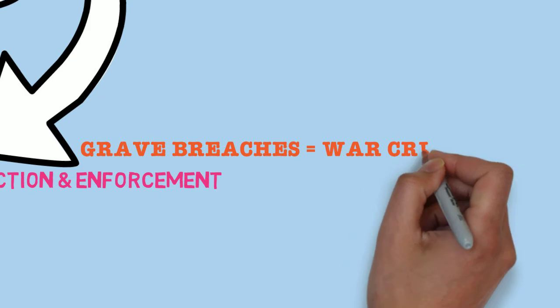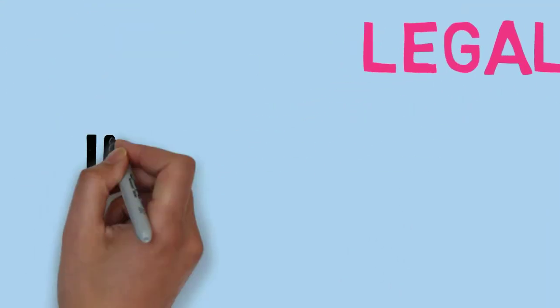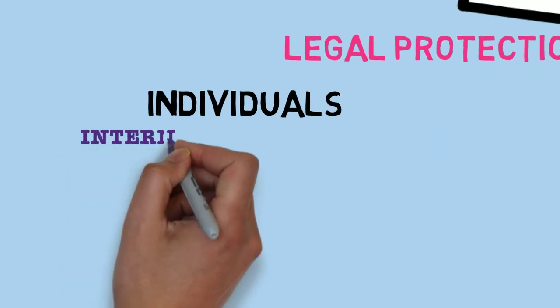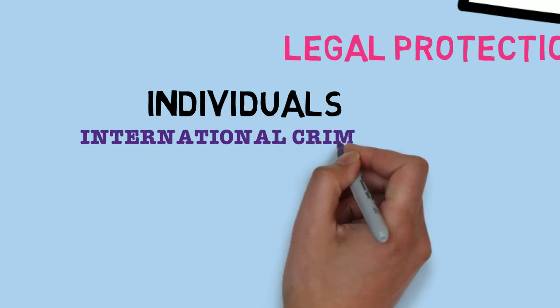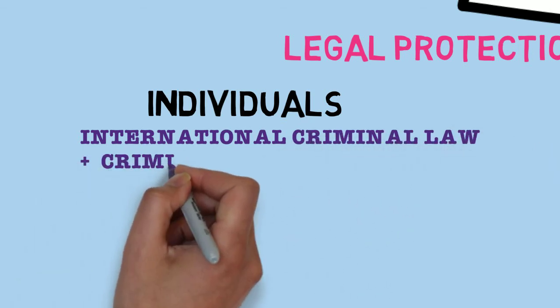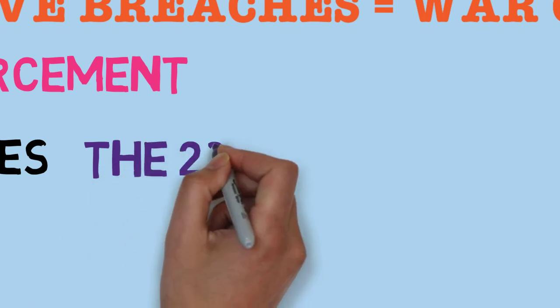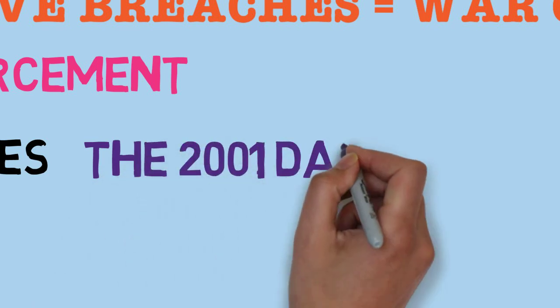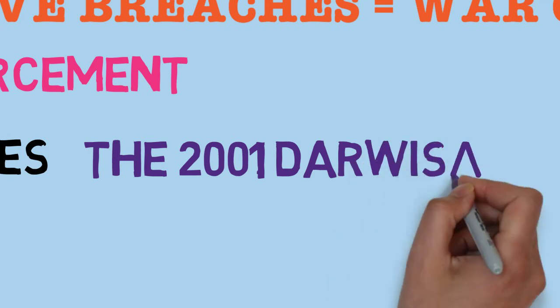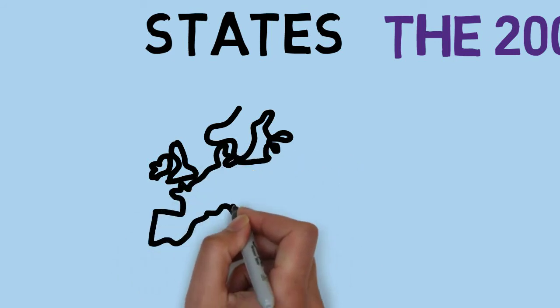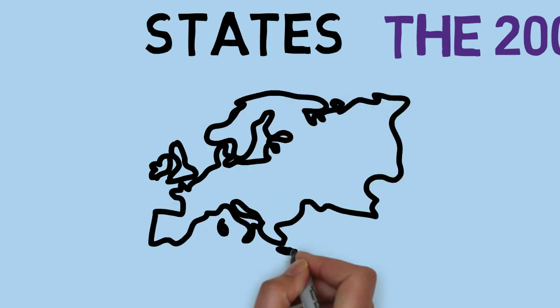The answer here is grave breaches that are war crimes can be tried against individuals, for example, but here we need to use the international criminal law system or the criminal law system in general, that is the municipal law, and then also it can entail state responsibility using the secondary rules that constitute the Draft Articles on State Responsibility. The date is 2001, remember that.